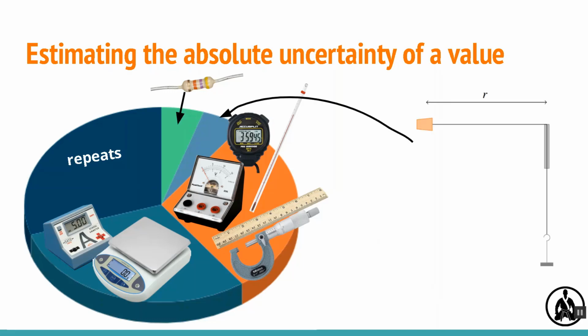And finally, there are a few experiments where it's obvious from the outset that the range of values for a measurement is much bigger than normal because of a large amount of additional uncertainty introduced by our method. The classic example here is the whirling bung experiment, where you try to whirl the bung round keeping the radius constant, but the string is free to slide through the tube, so it's difficult to get even close. Realistically, you might decide the radius was potentially a couple of centimetres off your measured value either way, and in these situations you do just use your own judgment to estimate the uncertainty. The next set of videos will look at each of these ways of estimating the uncertainty of a value in